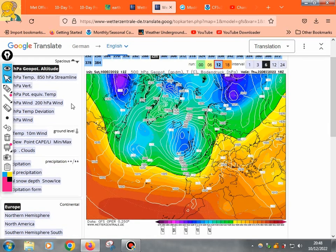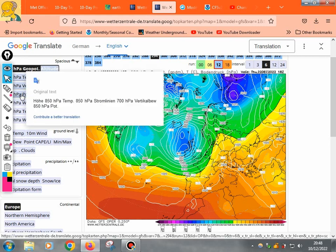So it's turning milder towards Christmas time, as you can see. We've got low pressure out to our west, high pressure to the south, in a traditional zonal pattern, with northwesterly winds. So if we have a look at the upper air temperatures,